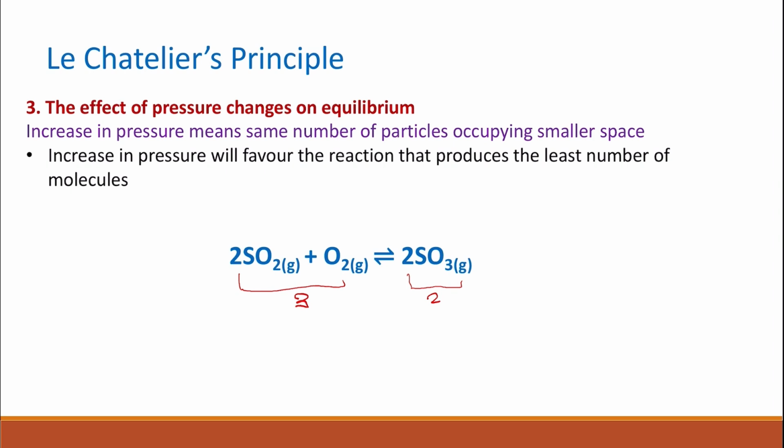So, if we increase the pressure, then the system will be shifted towards the side that has a lower number of particles, because then it wants to decrease the pressure. Decrease the pressure meaning reduce the number of particles that occupy that particular space. So if we increase the pressure, then the reaction will be favored to the side which gives you the lower number of moles or lower number of particles. In this case, if we increase the pressure, the reaction will go toward the forward reaction because there are 2